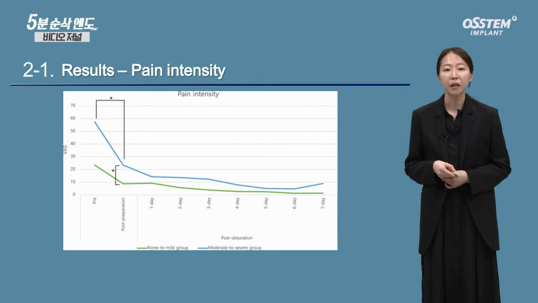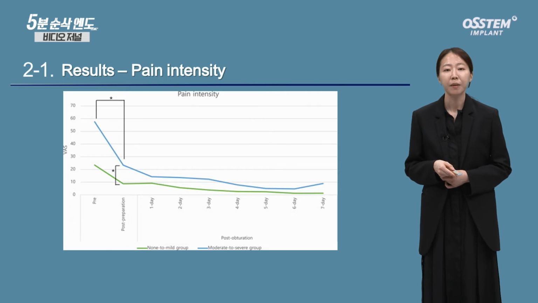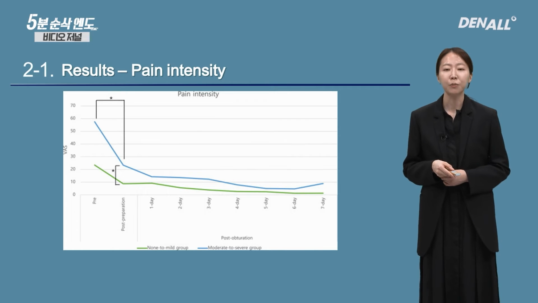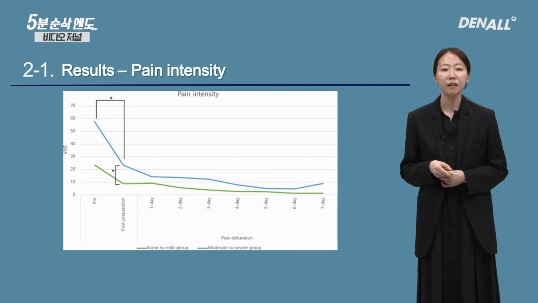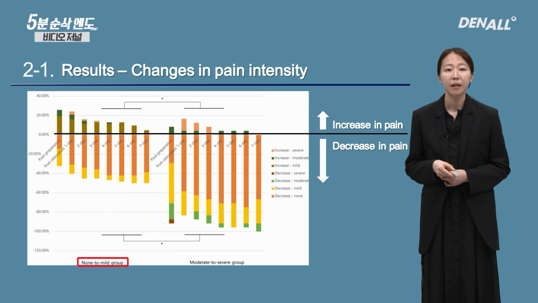This is the result of mechanical allodynia pain intensity. The horizontal axis reflects time. On the left is pre-op and on the right is post-op canal filling day 7. The vertical axis reflects VAS score. The pain intensity level is shown. The blue is the moderate to severe group and green is the non to mild group. With the start of root canal treatment in the moderate to severe group, there is a meaningful decrease in periapical pain, but statistically compared with the mild group, in terms of intensity, it was meaningfully higher. However, the 2 groups did not show a meaningful difference in pain intensity for 7 days after canal filling.